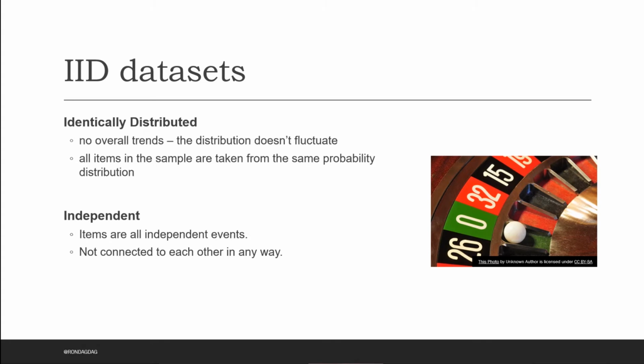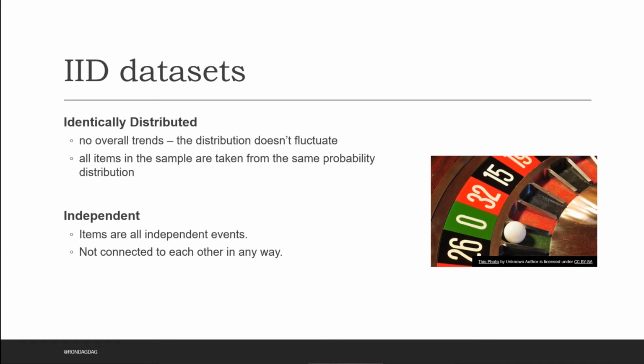Your data has to be identically distributed, meaning all the samples are taken from the same probability distribution, meaning, you know, think of this roulette, it's the numbers